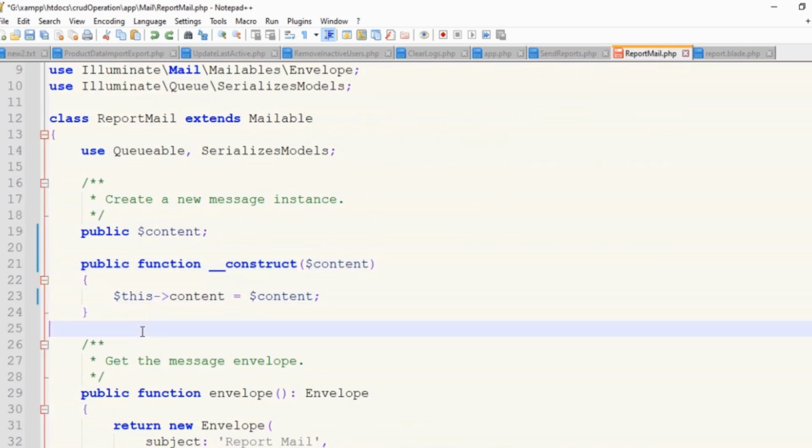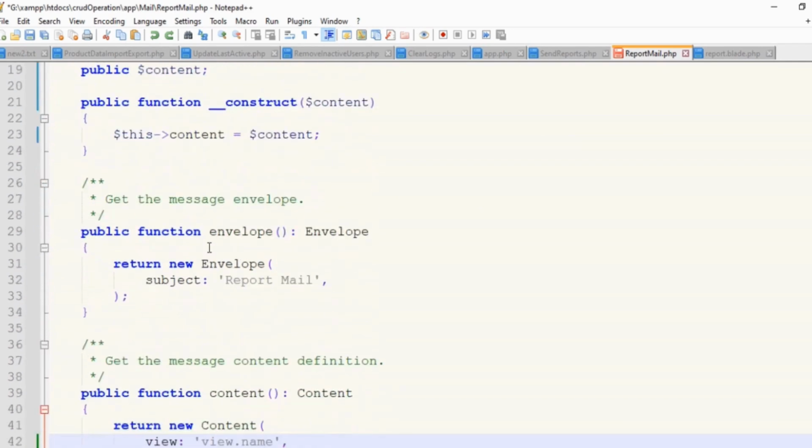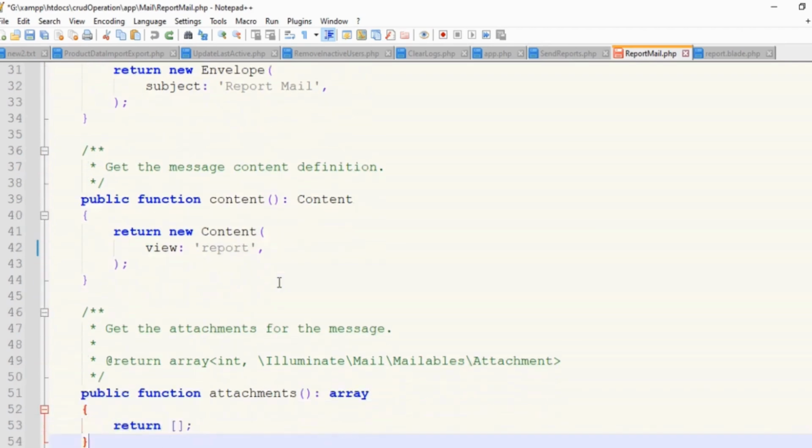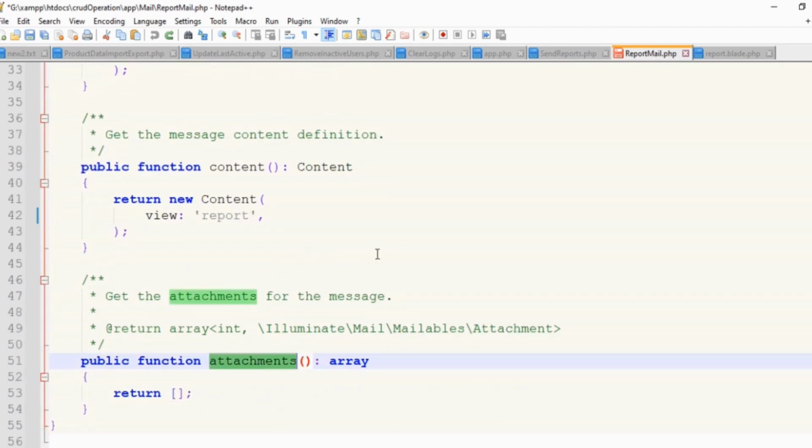Next, within the envelope function, specify your desired email subject. In the content function, refer to the Blade View file named report, which you created for writing the email template code. Since we will not be adding any attachments to the email, you can now save the ReportMail.php file.